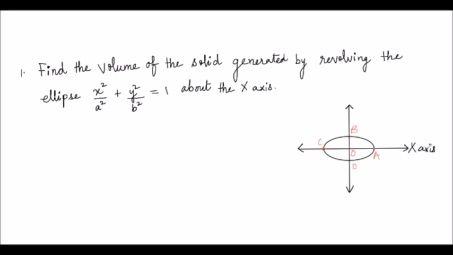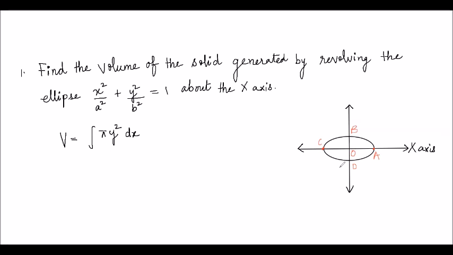So the curve is Cartesian. We will be using the formula which we have for the Cartesian curve for the volume. So that formula is integral. We'll be finding the limits. Integrand is, since axis of revolution is x-axis, the formula is pi y square dx. Now we need the limits of x here. For this, let us see this figure.